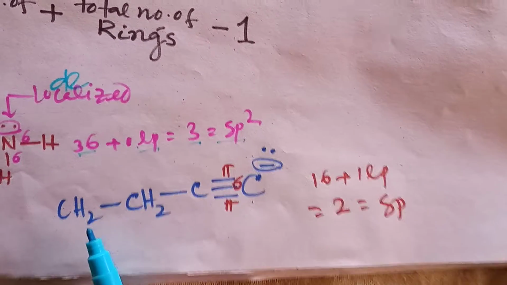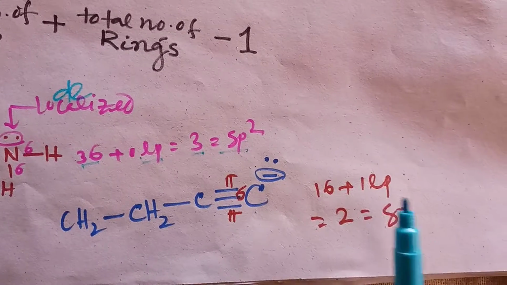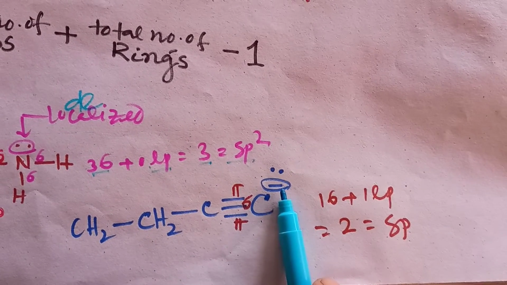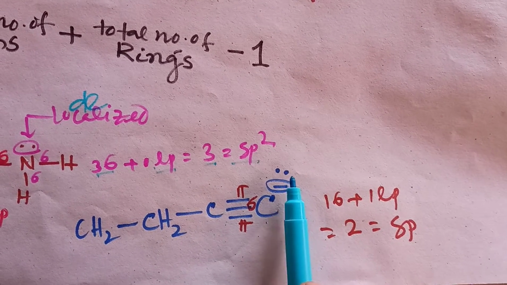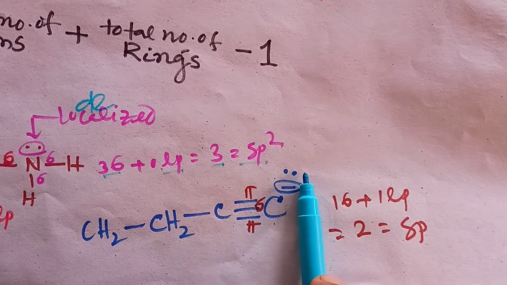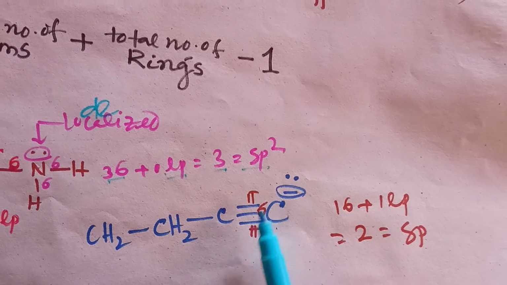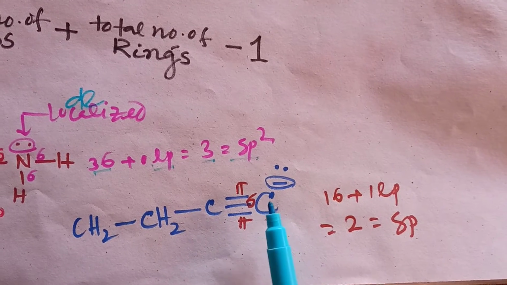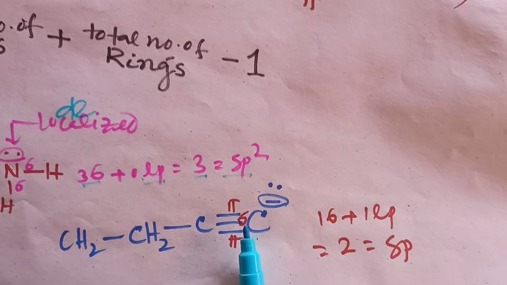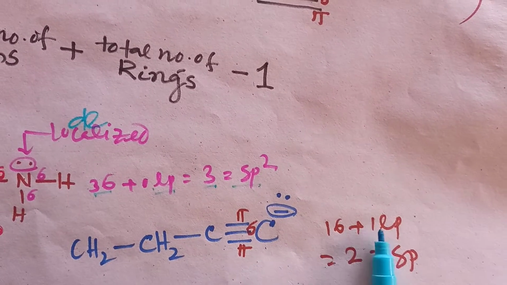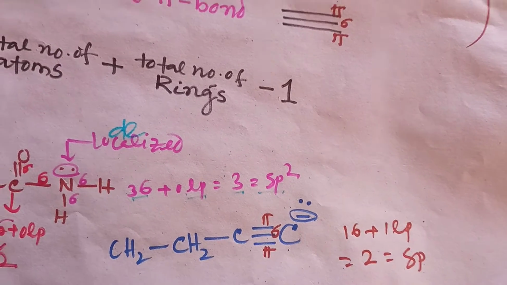So here is another example. This is CH2, C triple bond, C minus. Here there is a negative charge with the breaking of one bond, so this negative charge means one lone pair. Here it is a triple bond. Triple bond means 1 sigma bond and 2 pi bonds, and pi bonds are not counted for hybridization. Only sigma bonds are counted for hybridization. So the total number of sigma bonds and lone pairs is 1 plus 1, which equals 2. So the hybridization will be sp hybridization.